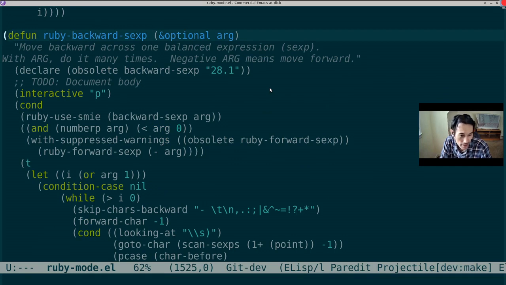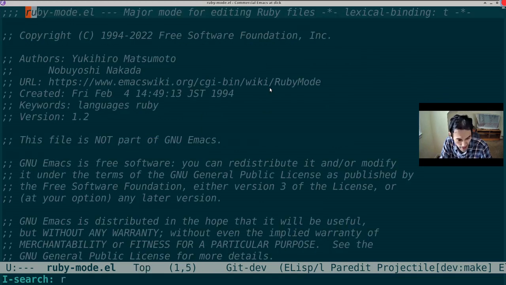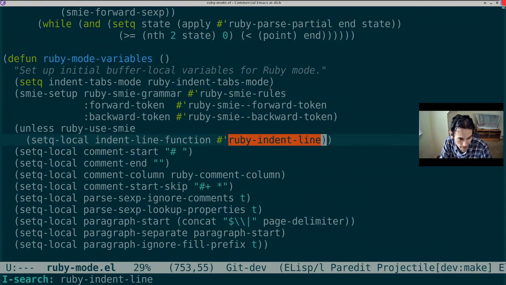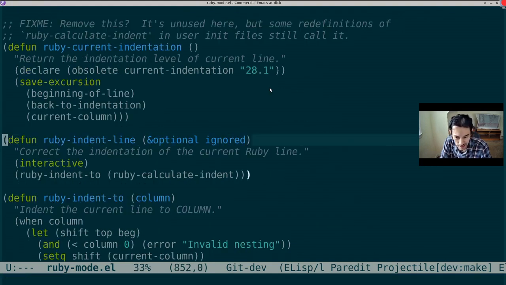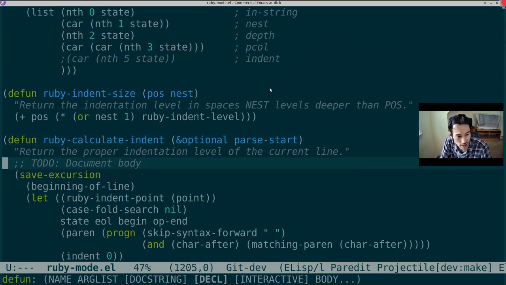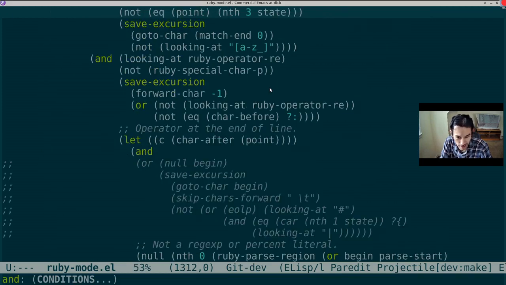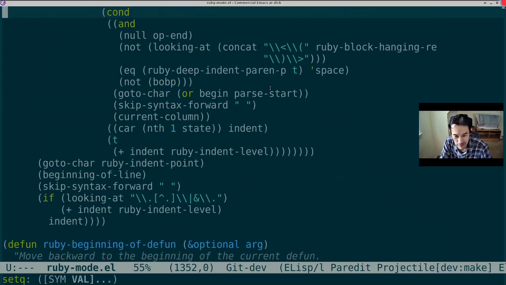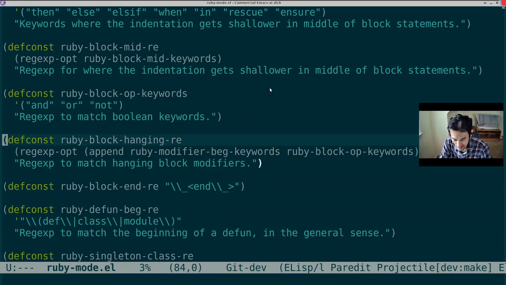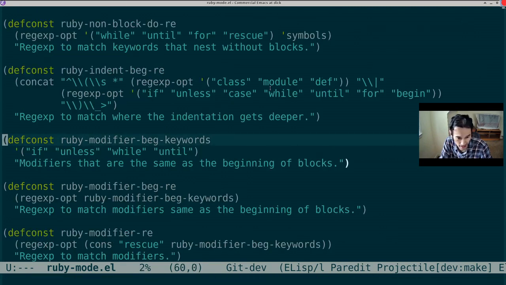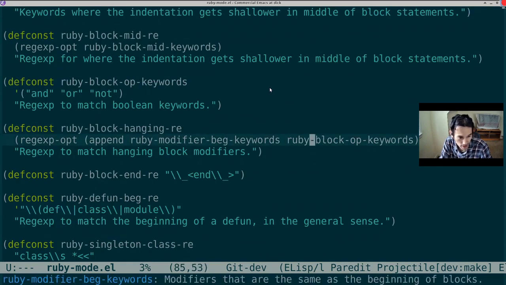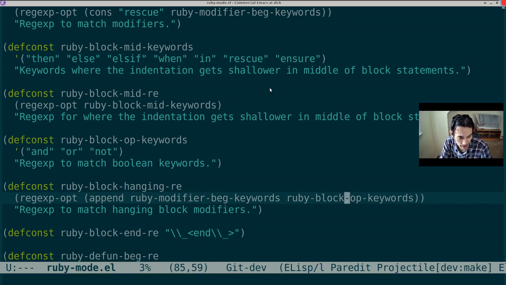Okay. And then finally, there's the beast of indentation. The indent-line-function is set to ruby-indent-line, which is a helper for ruby-calculate-indent, which is something of a monster. It's a highly non-trivial calculation of how to indent, and it is full of regular expressions such as this one. Yeah, well, you get the idea. Regexp-opt, pretty crazy. Hanging re, what? Okay. Anyway,